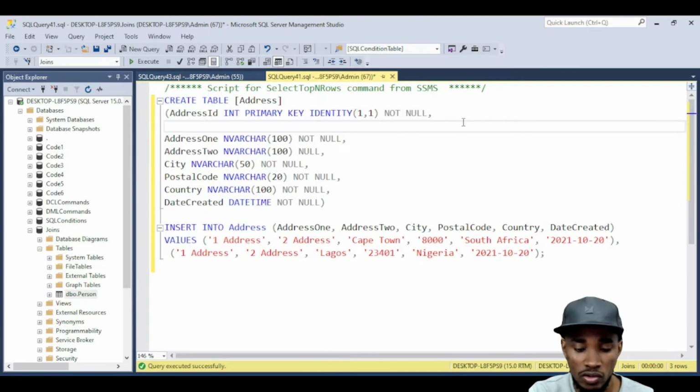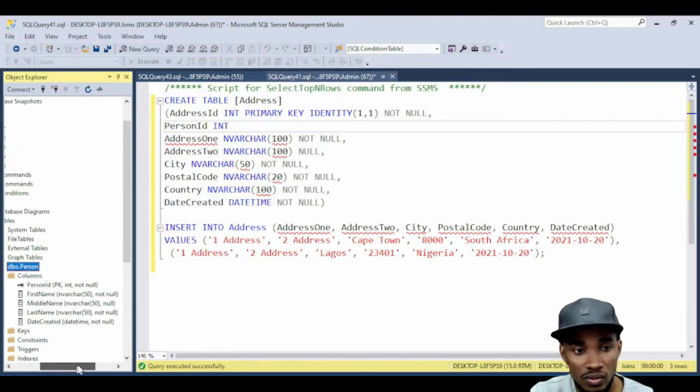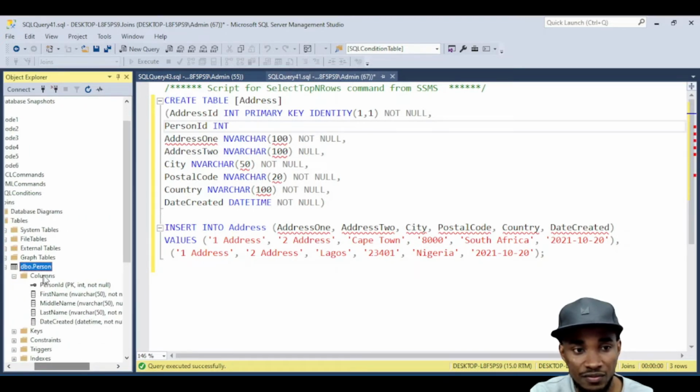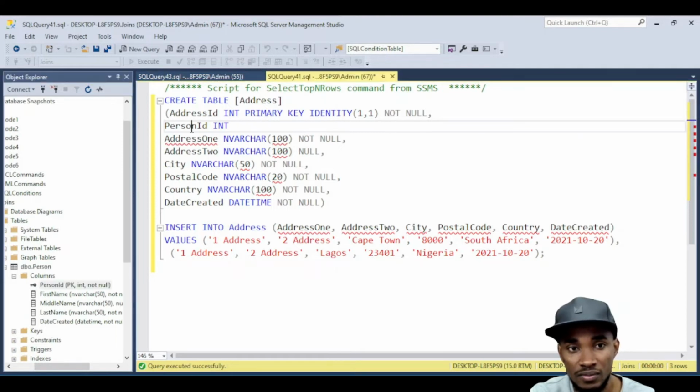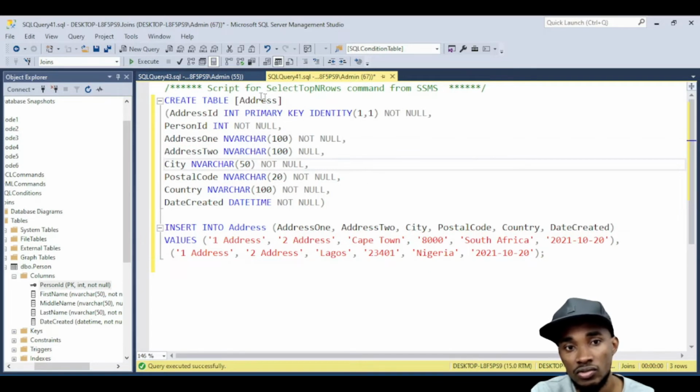I can add a new column here and call it person ID, and also the type has to be the same. So make sure that whatever data type you add in for that specific column should be the same. So it has to be the same. It can be a different type here. So just bear that in mind. So we say int, and then we say not, let's say not null. So that means that whenever you insert a record into this table, you have to make sure that you supply